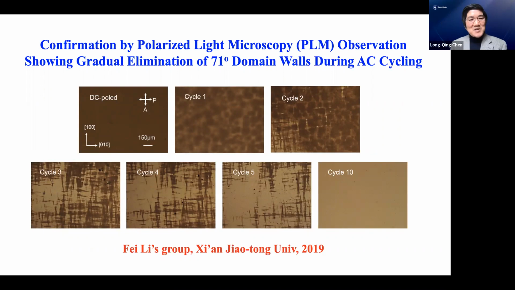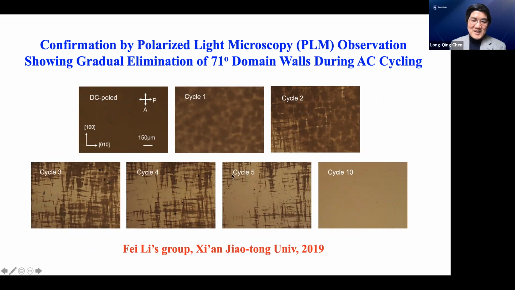Through careful polarized light microscopy, we indeed see the changes that we saw from the simulations. The first figure is a DC poled sample. Then let's go through cycle 1 of the AC poling, cycle 2, up to cycle 10. If you look from the top of the crystal,